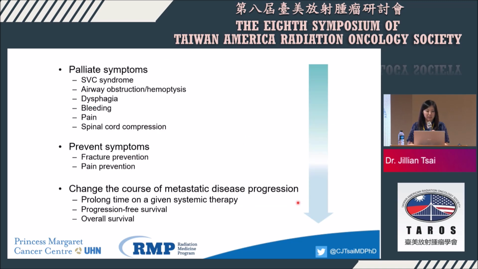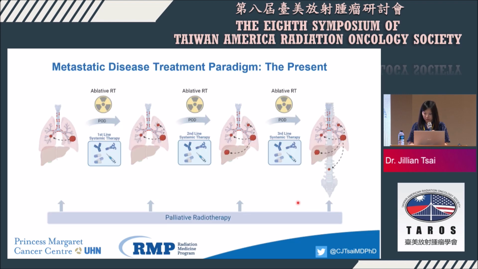It can definitely palliate symptoms for airway obstruction, bleeding, pain, spinal cord compression. But radiation can also be used to prevent symptoms from occurring, for pain prevention before it ever occurs. And in the setting of oligometastatic disease and other settings, radiation can possibly be used to alter the trajectory and progression of disease. So I would definitely argue that radiation therapy in the form of ablative radiation or SBRT should be integrated along every single step of the patient's treatment, not just on the sideline, but more integrated into the whole decision-making for the whole team.